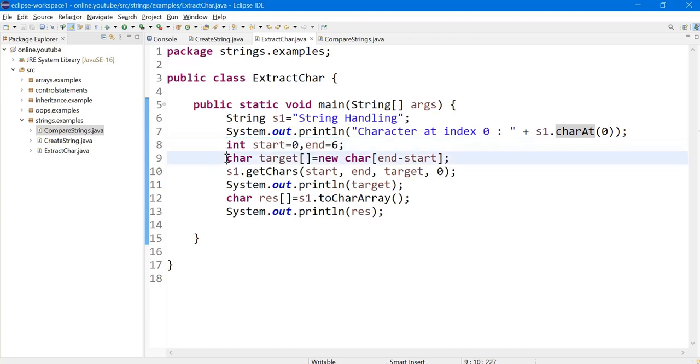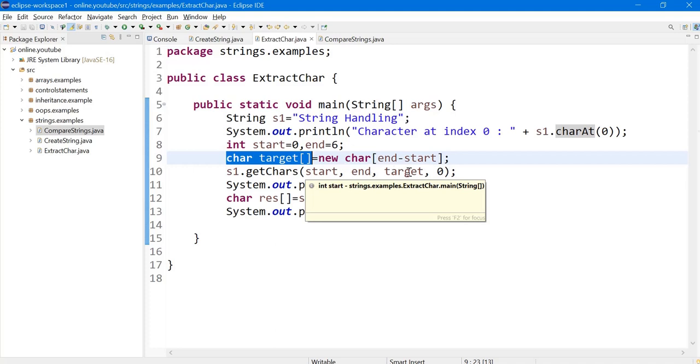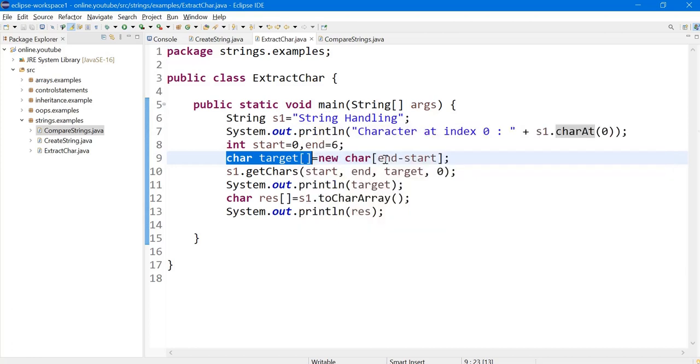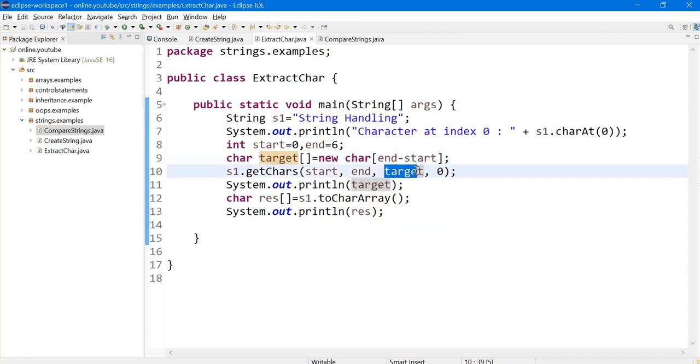I am taking the same target array because it has to store the 6 characters, and the substring should be copied into the target array from index 0. So s1.getChars(start, end, target, 0). Now the extracted characters are stored in this target character array.